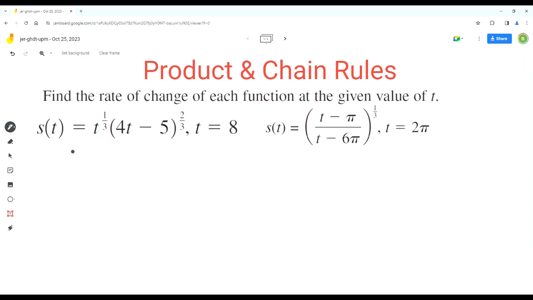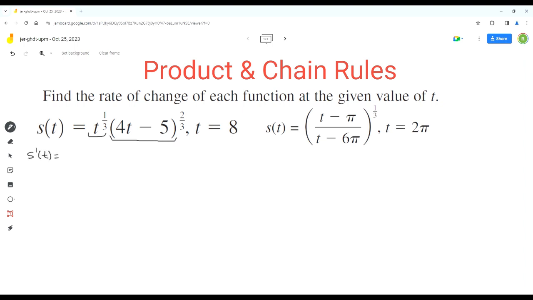Now in this function, there are two functions that are being multiplied. The first one is t exponent 1 over 3 and the other one is (4t minus 5) exponent 2 over 3. So we have to use product rule to find the derivative of this function. As per the product rule, our first step would be s prime of t